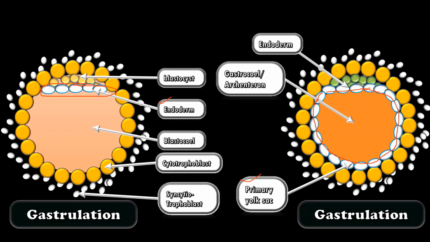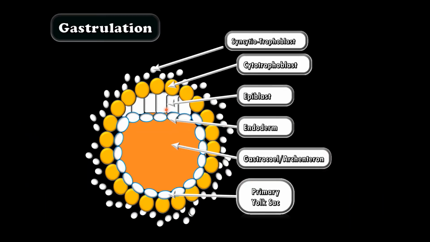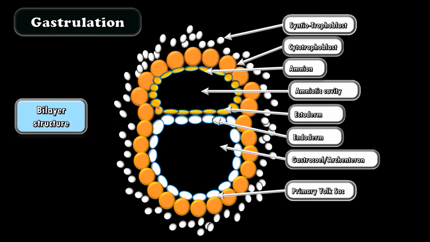Here the blastocele cavity is now totally replaced with a new cavity called gastrocele. Please make a note of this. The remaining cells of the inner cell mass close to the cells of Rauber become columnar. You can see this clearly with this diagram. Now, these columnar cells start dividing in such a way that they enclose the new cavity.